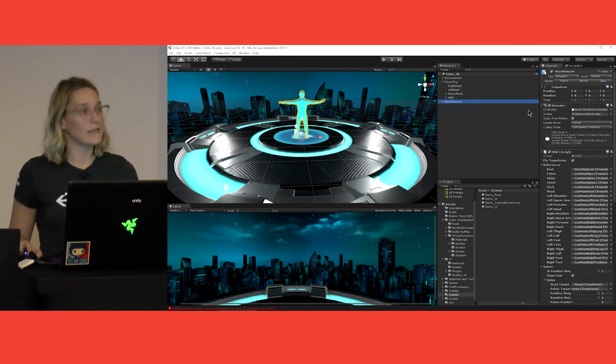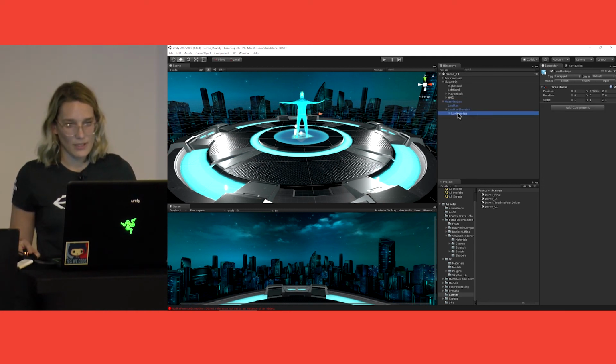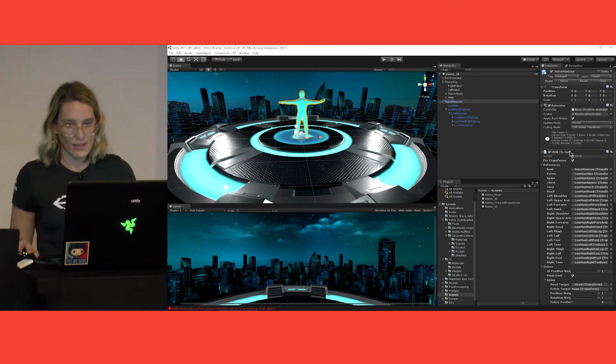Now, I downloaded Final IK from the Asset Store, and I added my VR IK script onto my man, and I'm matching up all of my skeleton parts from the hips all the way down. Let's see if we can lock this here, so you can see it goes all the way through the skeleton there.